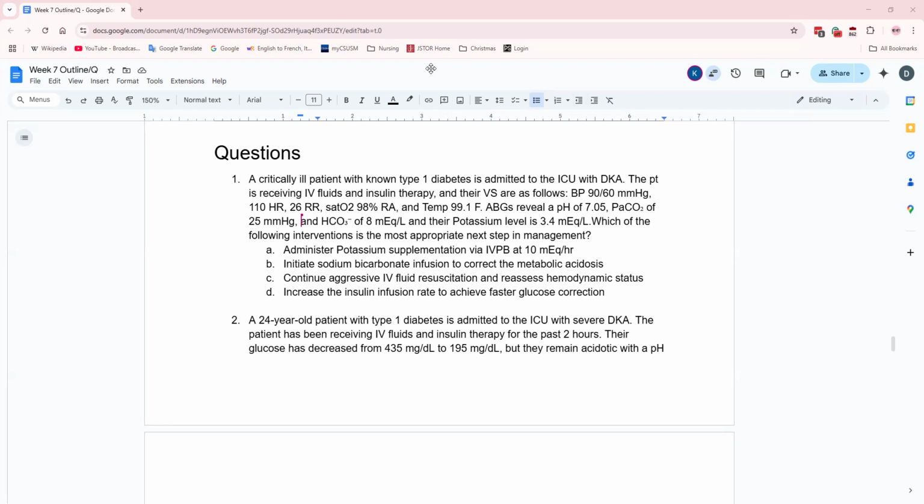All right, we got a lot of responses. Cool. So it looks like pretty much everyone agrees. The answer is C. So in this scenario, what's causing the acidosis? It's essentially the DKA, but this person is having issues with their blood pressure. They are in need of IV fluids because remember, you have to follow your ABCs first. Even though, of course, the bicarb is on the lower end of the spectrum, you follow essentially